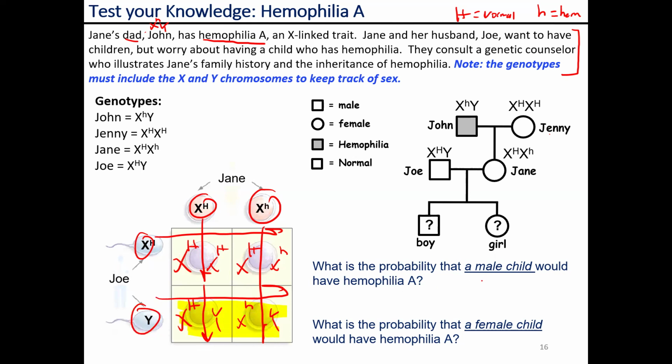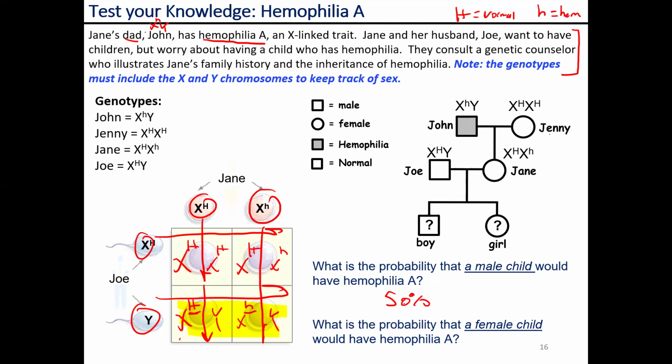So what we need to do now is identify the probability of males having hemophilia A. Looking at this, we can see that we have an XY, so this is our male, and on the X-linked we have a big H, so that means they are not going to have hemophilia. But you can see this one does, so we have about a 50% probability for males